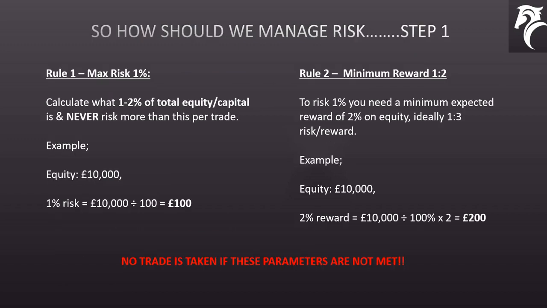So before we attach a stop loss order to a trade, it's important to understand how much capital we can afford to risk per trade. And there are only 2 main rules for this, which aren't negotiable, and breaking them puts you in the category of the 95% of losing traders out there. So, rule 1, do not risk more than 1 or 2% of your total equity on a single trade. So if I had a £10,000 trading account, 1% of the account is £100, meaning the maximum I can risk losing per trade is